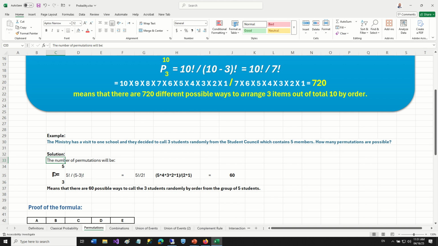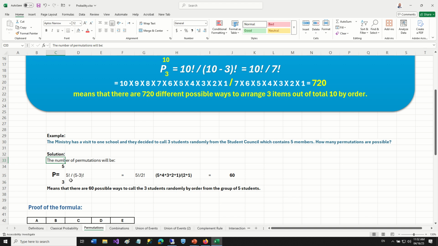Imagine that you are having a paper and calling some names. You can call these names in different ways. That is the meaning of permutations. It is not just selecting this number and you don't care who is first. No, you are talking that this is how it might be called, or these names are written in an email or so on. So the solution: the number of permutations is P 3 out of 5, that equals